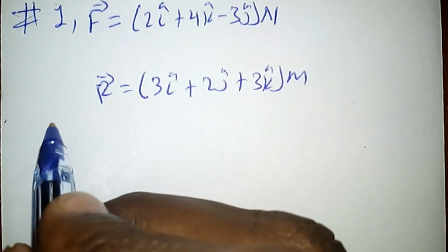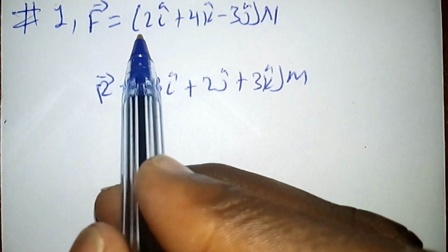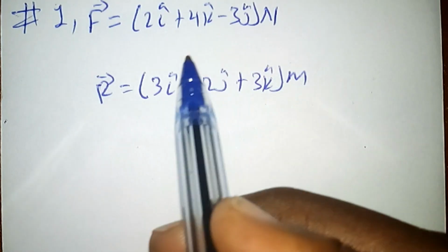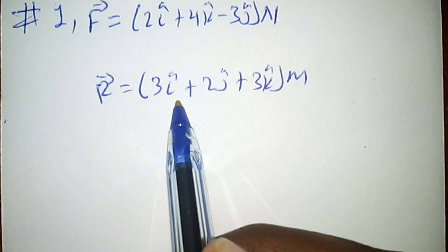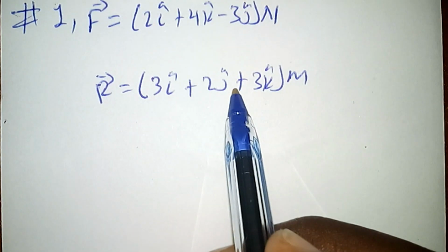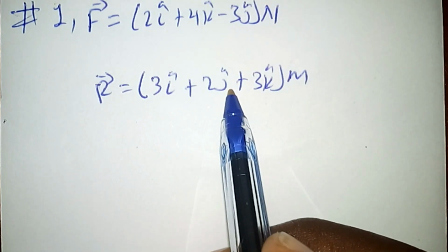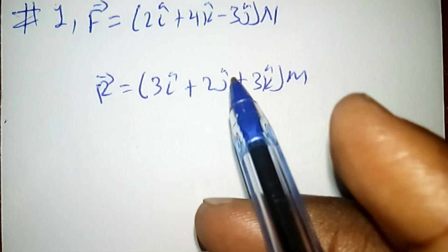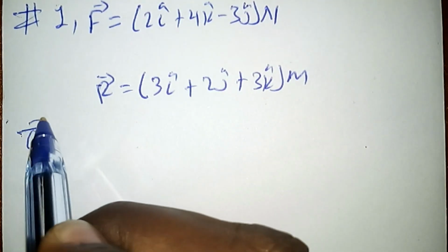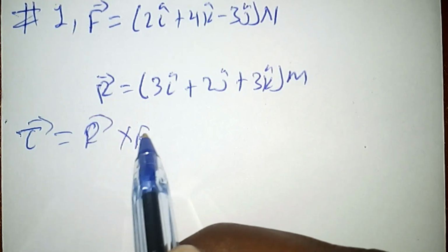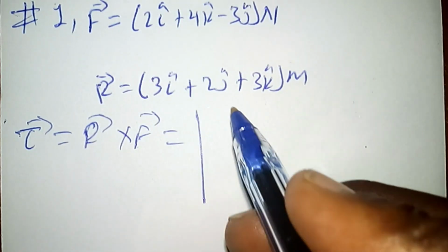The torque produced by the force F = 2i + 4k - 3j Newton at a point r = 3i + 2j + 3k meter about the origin is the cross product of the vector r and F. So torque is equal to the cross product of r and F, which is equal to